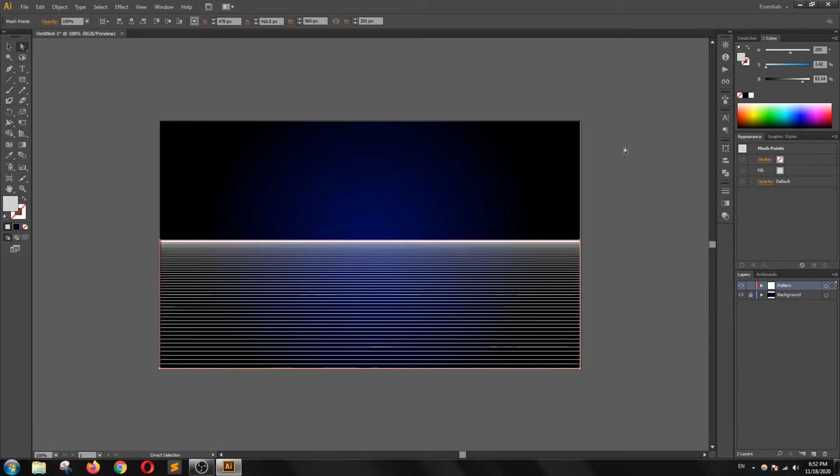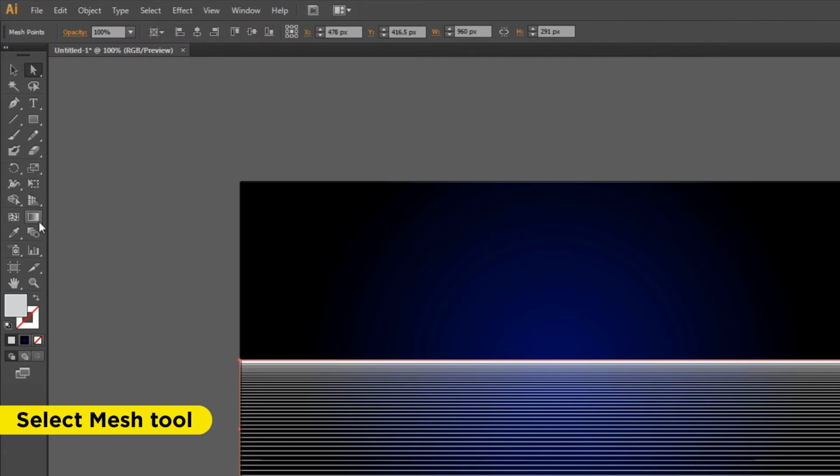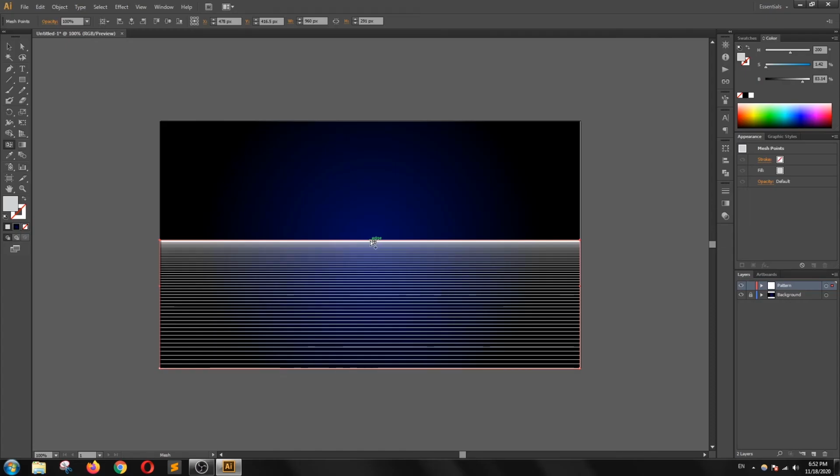Okay, now I'm going to select the mesh tool from the tools bar. I'm going to click on the mesh tool and click almost in the middle, and I will click one more time, two times here in the middle. Okay,